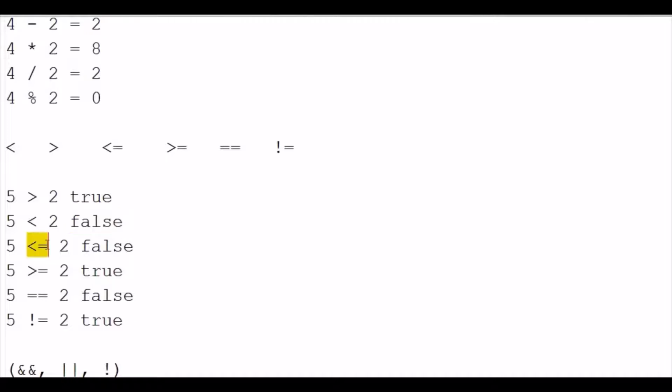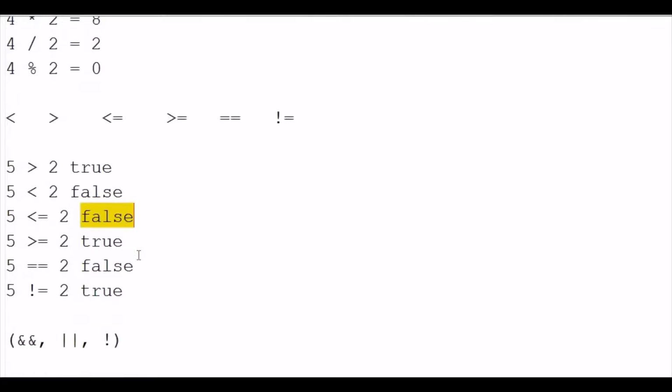The same way we have less than or equal to. If the condition is either less or equal, then it returns true. Otherwise false. 5 is less than 2? No. 5 is equal to 2? No. Both the conditions are false, so the result comes as false. The same way we have 5 greater than or equal to 2.